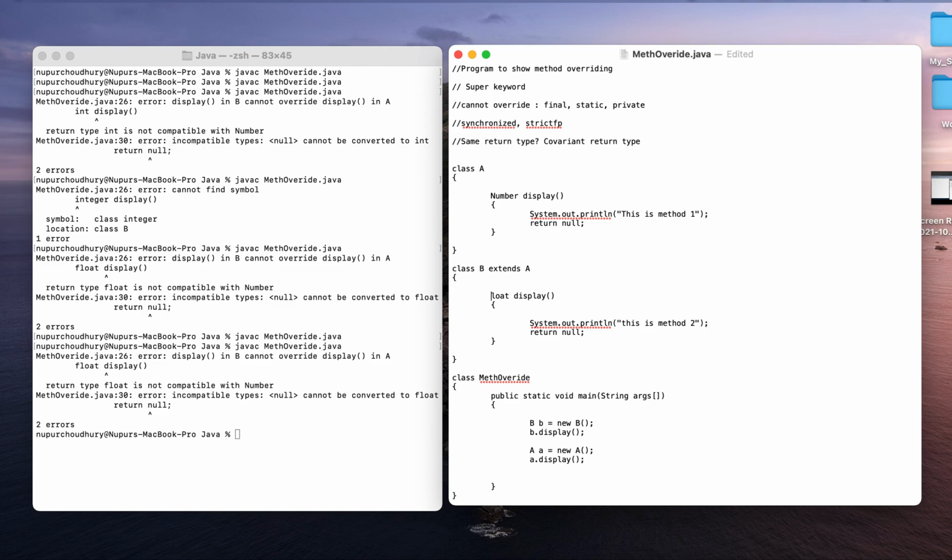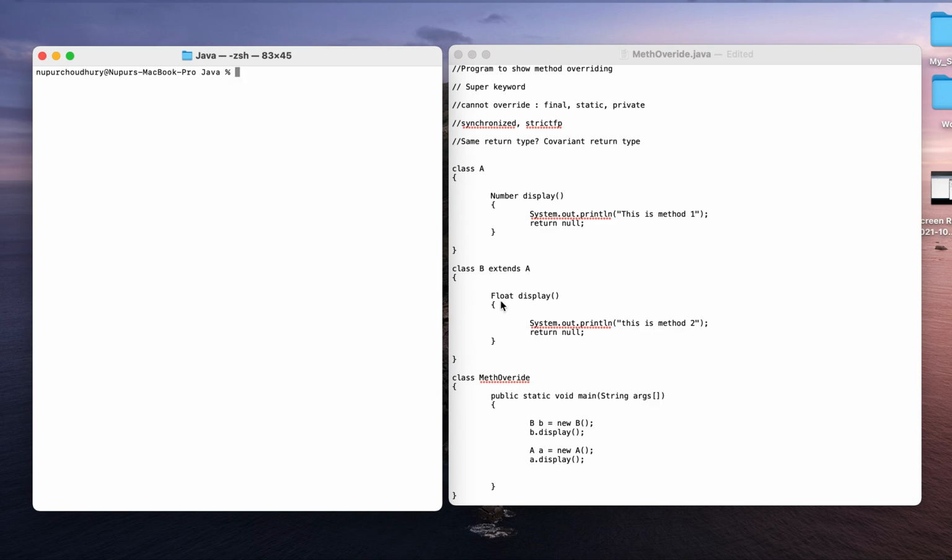Whenever I am using a capital F Float, which is the way float has to be represented in the return type, let us see. I am not getting any error. So this might be a little confusing, but number is the parent of Float, and that is why whenever I'm using Float, I'm not getting any error.